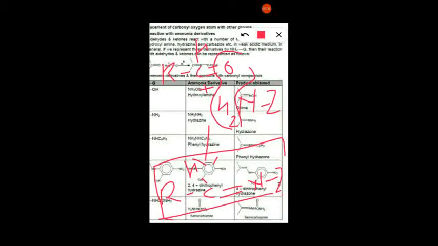Now the value of Z you already know, what will it be? Z can be H, R, OH, NH2, C6H5NH, 2,4-DNP, or semicarbazide NHCONH2, so that you will get all reactions. So this is a simple representation of how ammonia derivative reacts with aldehyde, and this is very important from the exam point of view. Clear? So first you remember its derivatives and their names, right?